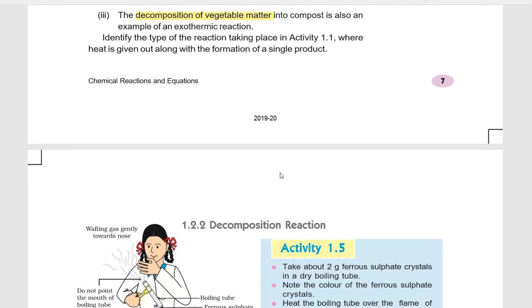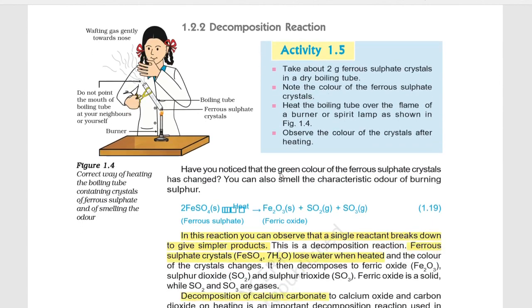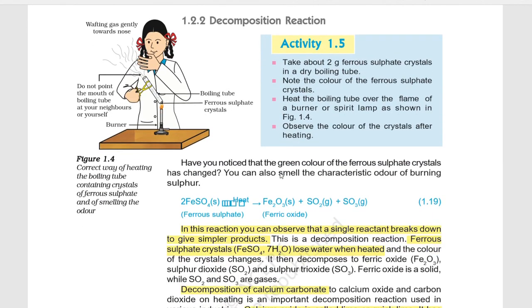Now, what is the second type of chemical reaction? That is decomposition reaction. By the name we can say that decomposition, that is the compound which is on the reactant side is breaking into two or more products. This is quite opposite to the combination reaction that we have seen just now. So in decomposition reaction, reactant will be one and products will be two or more.